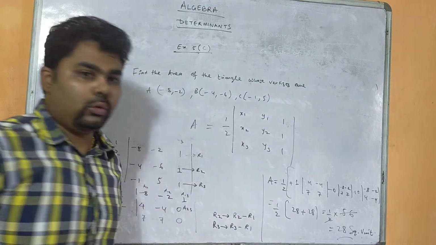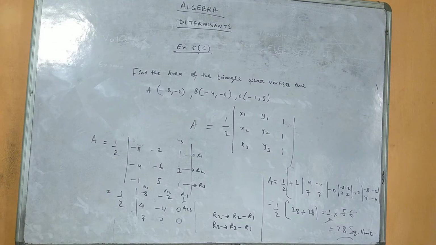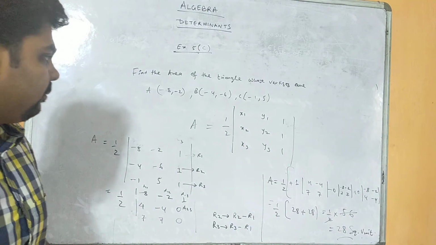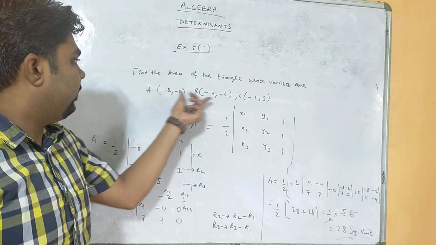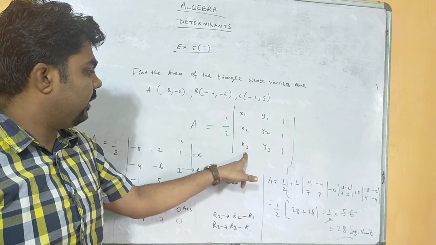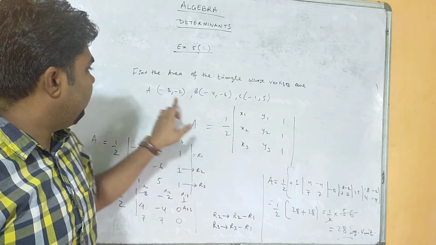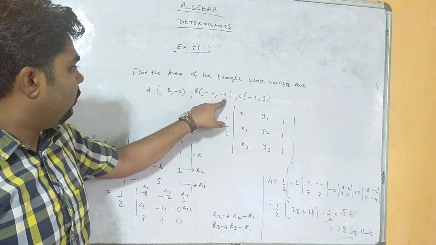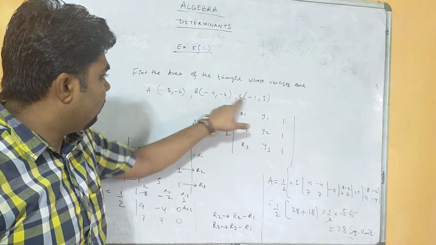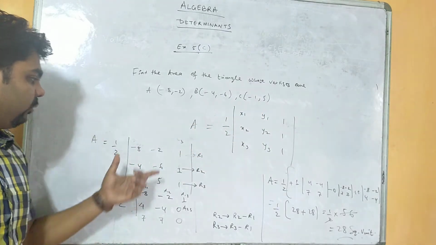Okay, so likewise we will get the value of the area of a triangle by using these vertices. I think you have got it. Let me explain once more. First, 3 vertices were given. In these 3 vertices you will just substitute x1, x2, x3, y1, y2, y3. This is our x1, y1, x2, y2, x3, y3. So all the values we will substitute here from here, right? After substitution we will get this one.